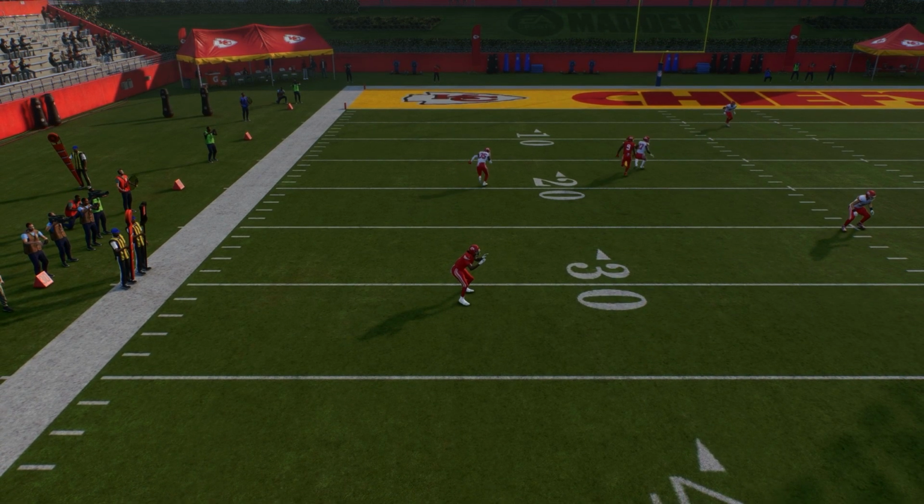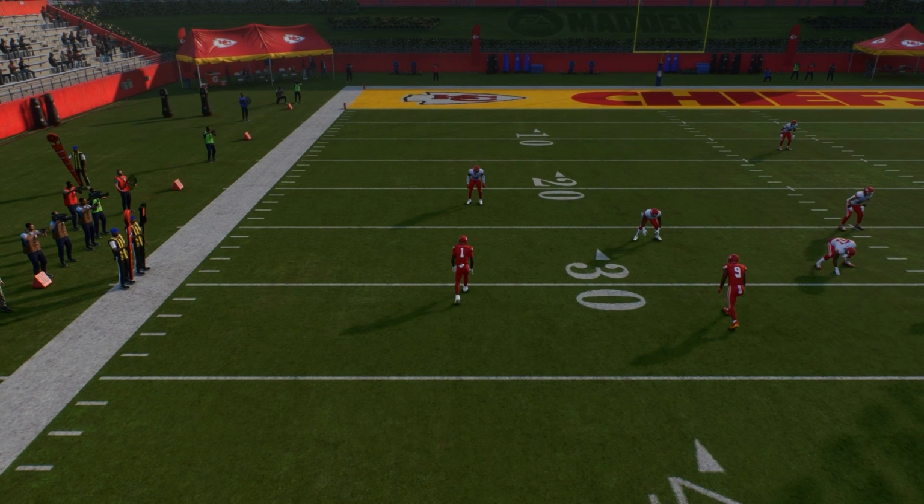And then what route is it? Oh, wait, okay, it's a smoke route. Now let me go back to my deep third. Okay, let's just talk about this,